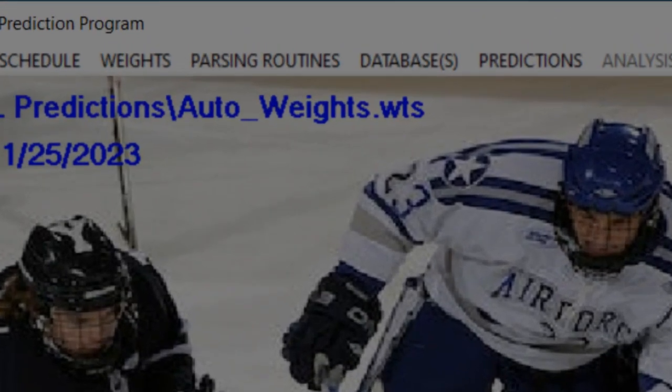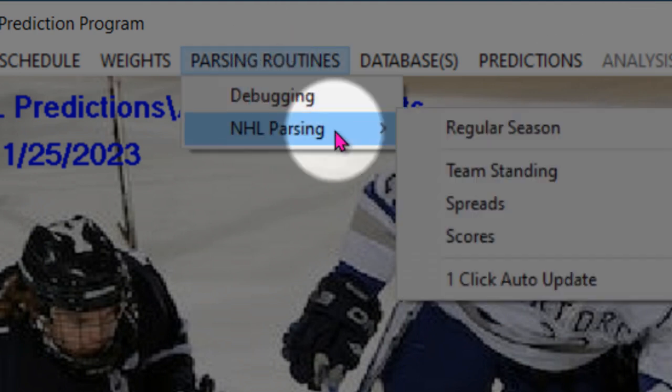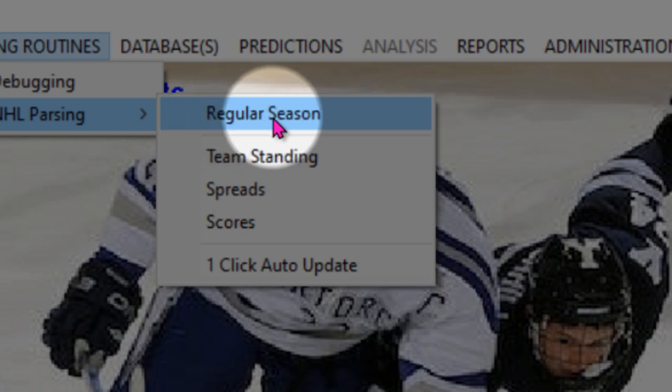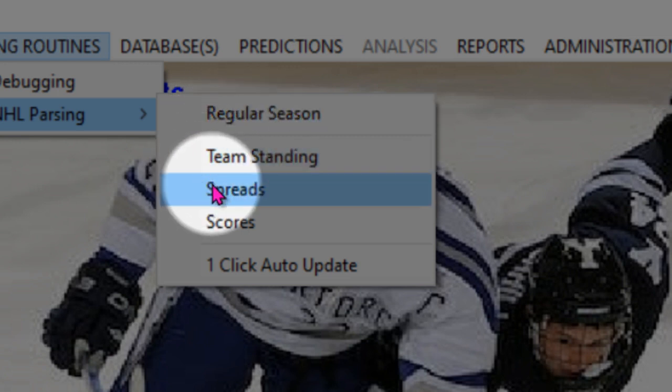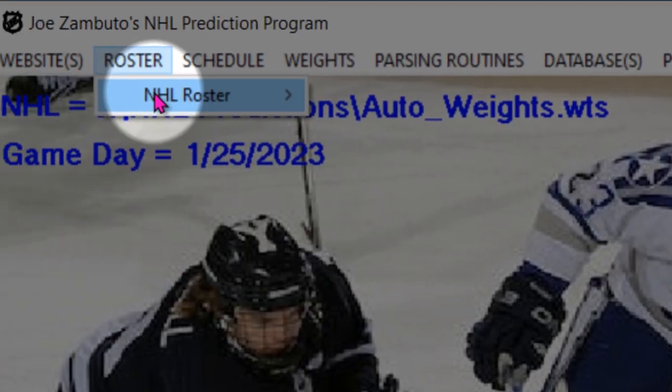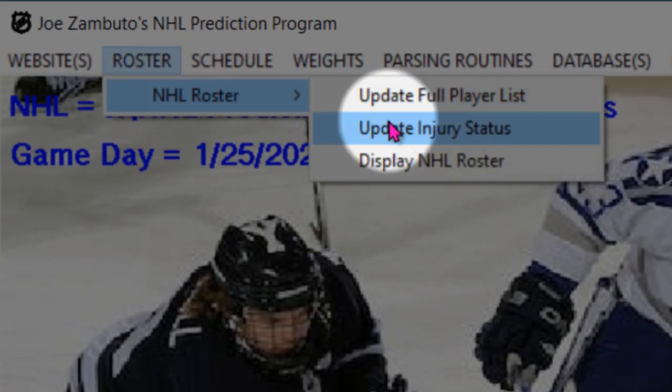Okay, let's take a look at one-click auto. Now, where will you find that? Under parsing routines, you're going to find that individually you would be able to parse the regular season, team standings, spread scores, and so on. Remember, we had to parse the roster, update injuries,